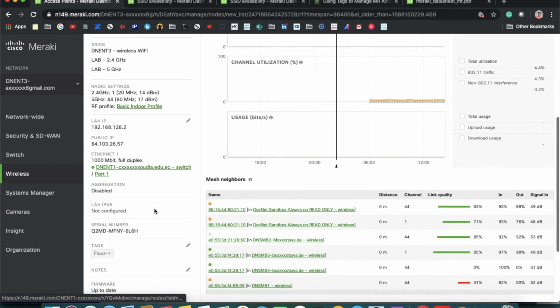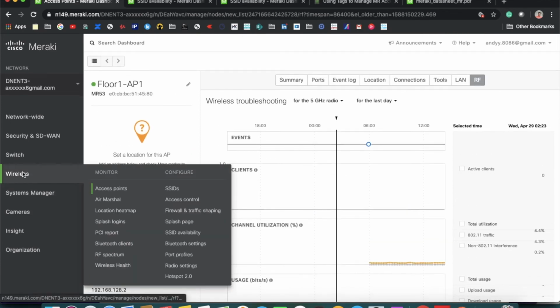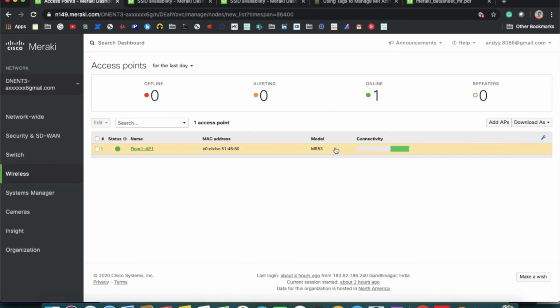So this is how the initial dashboard looks for your wireless AP. As of now, I have only one AP connected to my network, but let's say if you have 20 APs, all those APs will be listed here, and you can name them properly according to your floor plan.